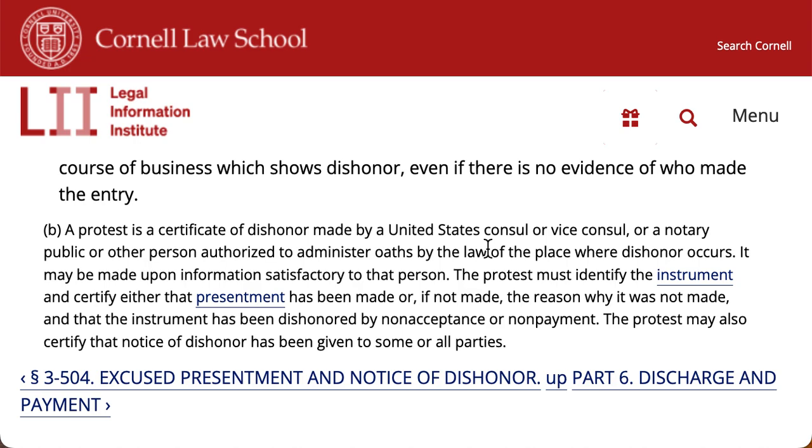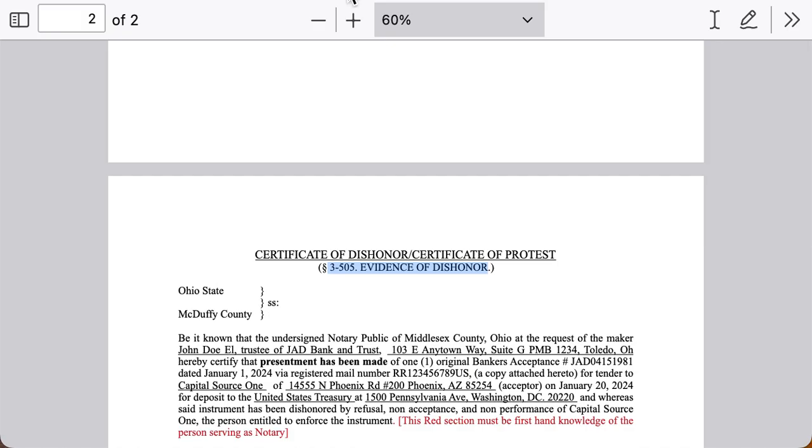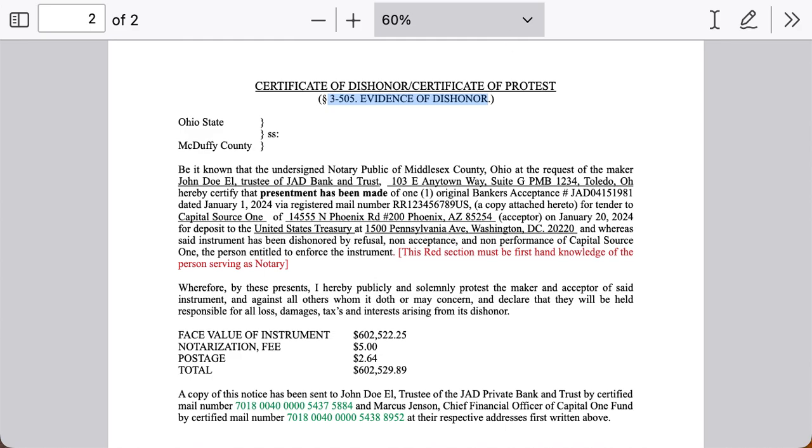the notary. That could be the notary makes a telephone call. That can be the notary realizes that the time to expire has responded. The notary could deliver the instrument themselves and have the verbal conversation. But the notary should take a mental note or a written note of their firsthand knowledge of the dishonor so they can write the basis for that in the notary protest. We're going to see that when we actually read through the notary protest. But I'm going to point it out here because I want you to know that we've created this certificate of dishonor / certificate of protest specifically off of the requisite so that it won't be invalidated later on.